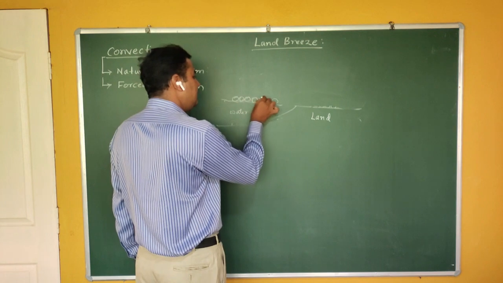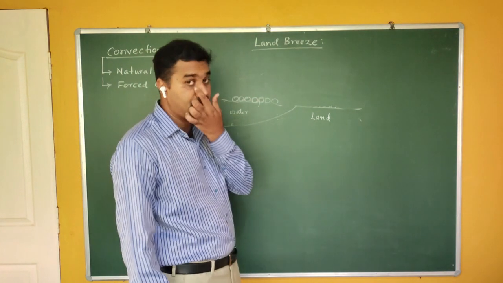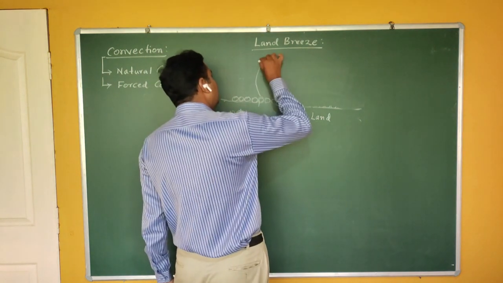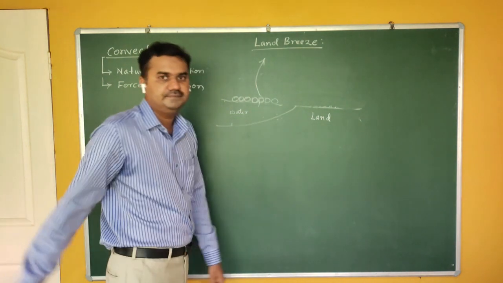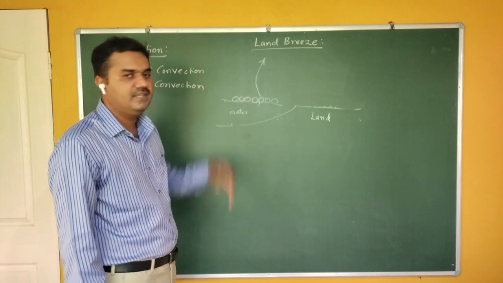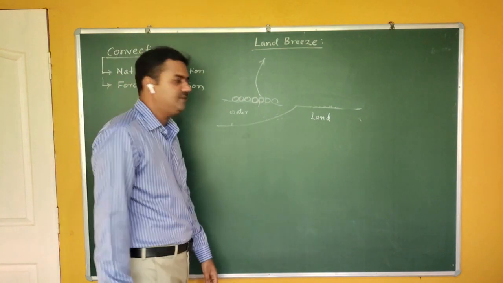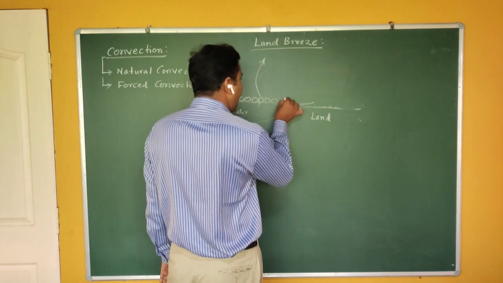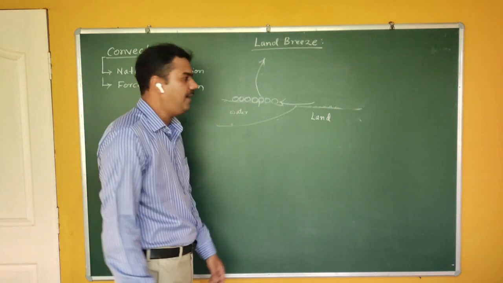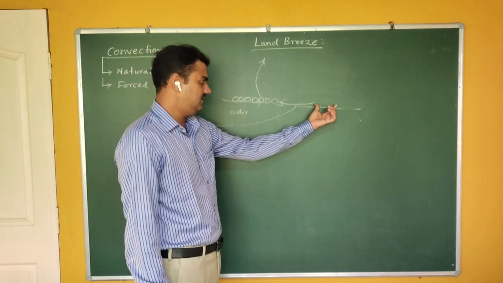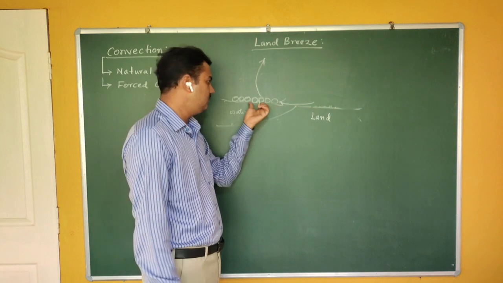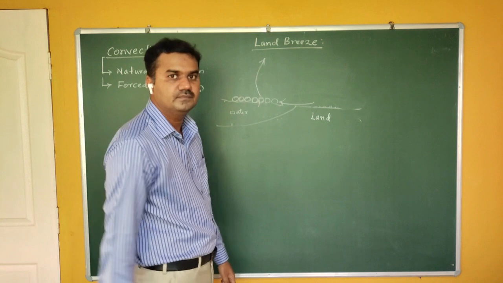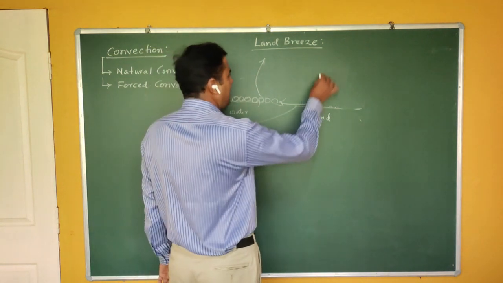As they get heated, their volume increases. As their volume increases, the density decreases. Therefore they rise upward. Okay, so these molecules rise upward. The same phenomena repeats here as they rise upwards. So a gap is created. To fulfill that gap, the molecules present on this side which are in contact with the land, they come to the water part. Okay, as they come here, again a gap is created.